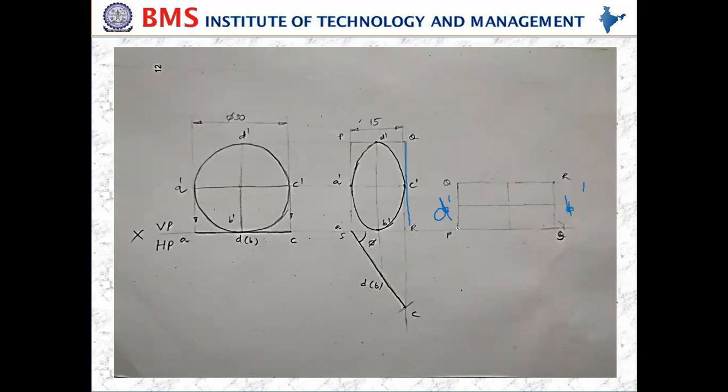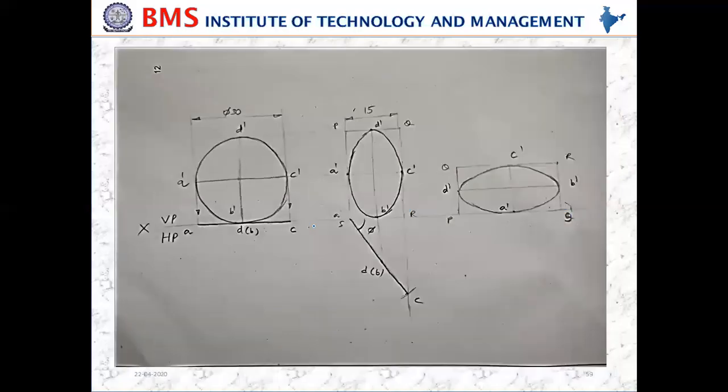Okay, so PS is drawn first on the XY line, then through S draw a perpendicular of a given length of 15 mm, then this is also 15 mm, and PS length is equal to 30 mm. So the rectangle box is constructed, then through this B dash D dash is represented, and here A dash C dash is going to be represented. So this is going to be A dash, and this is going to be C dash, and A dash, B dash, C dash. So that is how you need to construct the rectangular box.